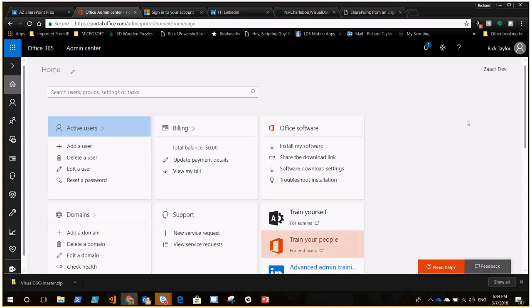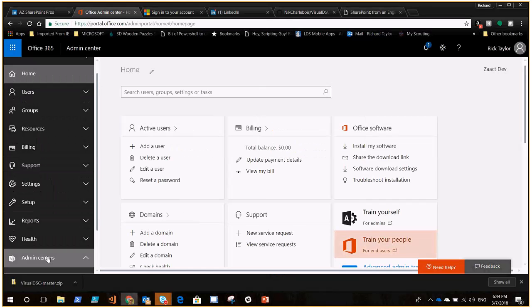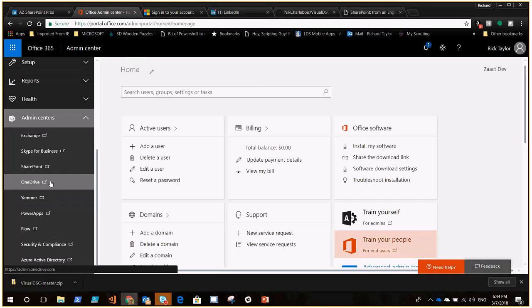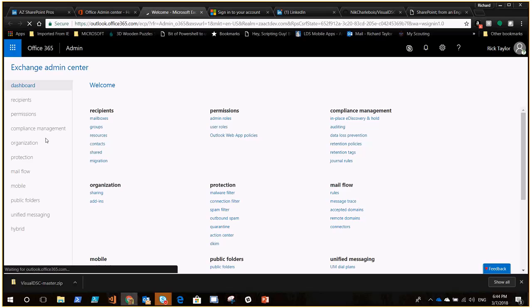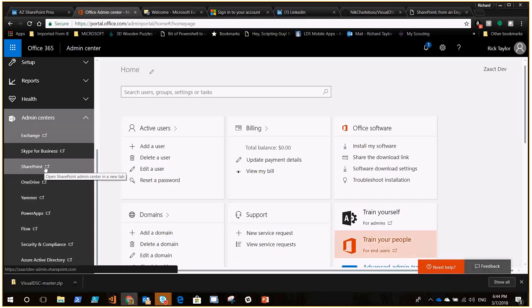So if I want to manage, for example, admin centers, I can manage my Exchange. So if I click on Exchange, it's just like if I went to the Exchange Admin Center. It is the Exchange Admin Center, just like on premises. This is where my mailboxes are, my groups, resources, permissions, all of that. I can also go to the Admin Center for SharePoint. This is like the central